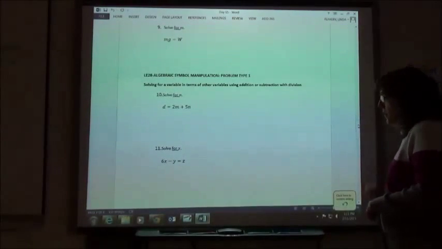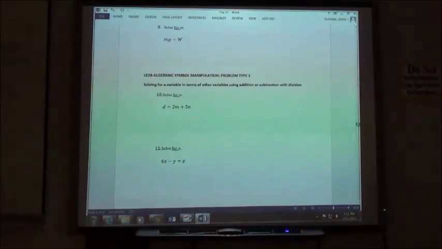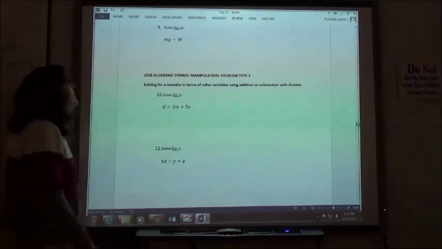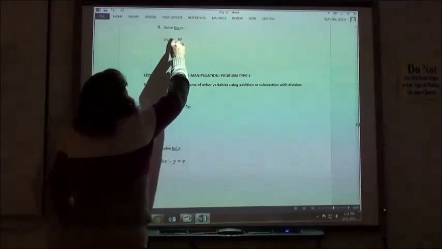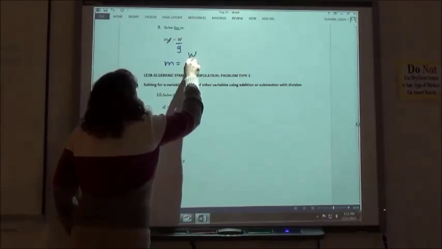So number 9, if I want to solve that for m, what do I need to do with my g? Put it underneath your w. Exactly, I'm dividing that, and so m equals w over